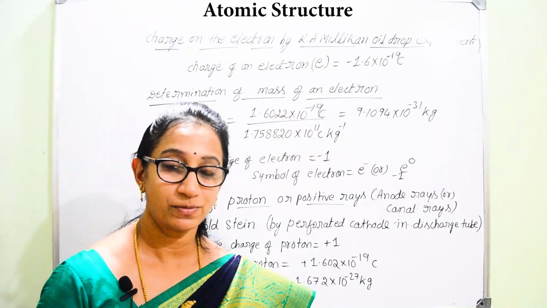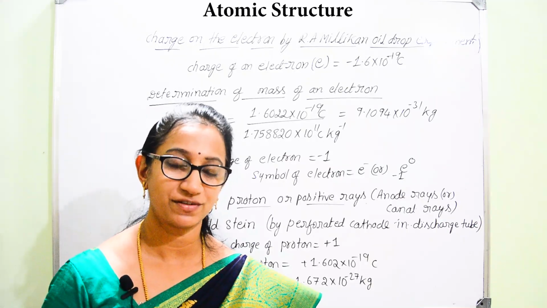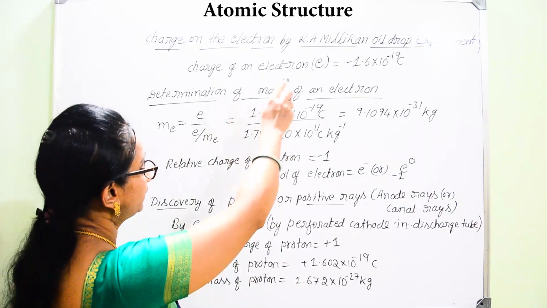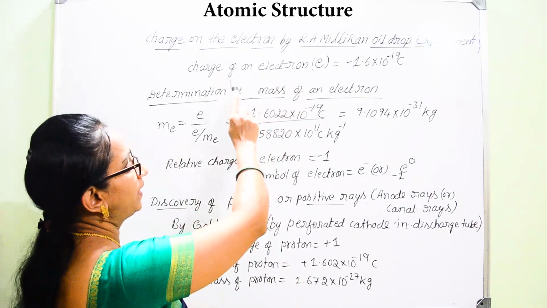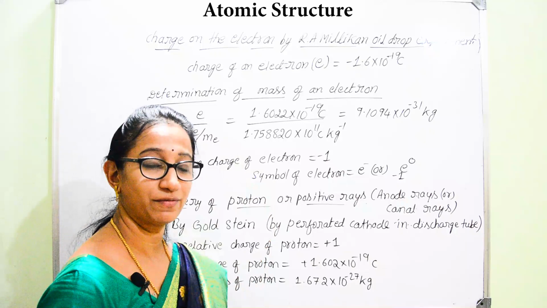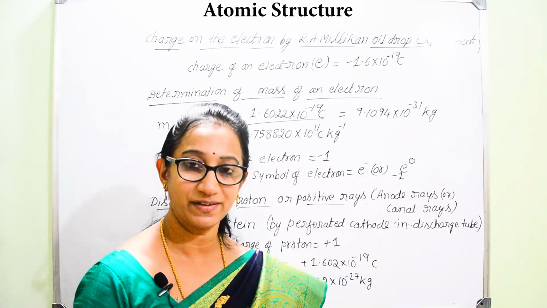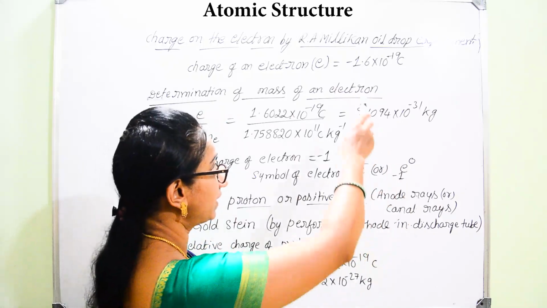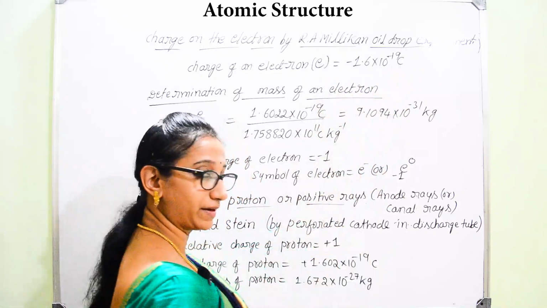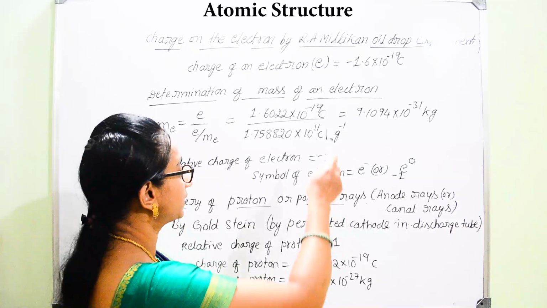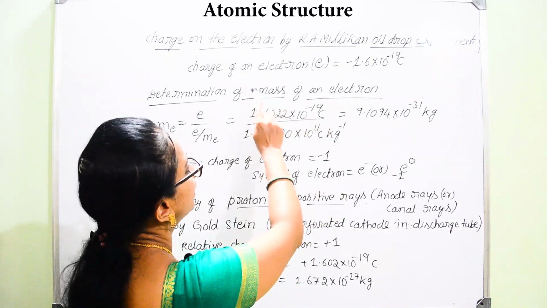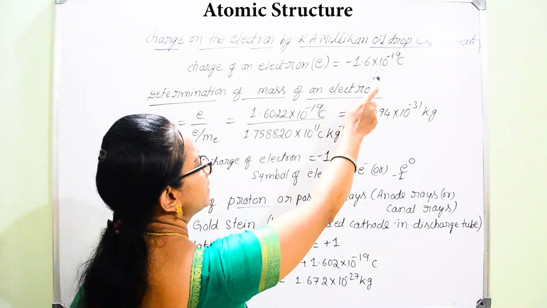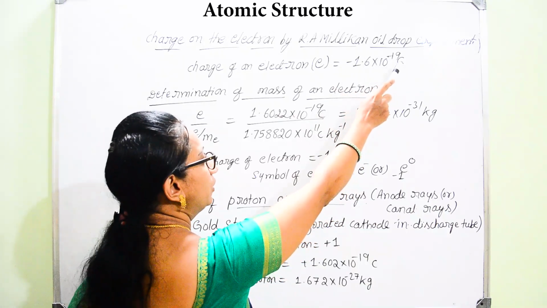So once we learnt about discovery of electron and the discovery of charge to mass ratio of electron, now we can go for determination of the charge of an electron. So actually the scientist by name R.A. Millikan, he was able to find the charge of an electron, that is done by oil drop experiment. Hence the name was given as Millikan's oil drop experiment. So by that experiment he was able to give the exact value for the charge of an electron, that is exactly equal to minus 1.6 into 10 power minus 19 coulombs.